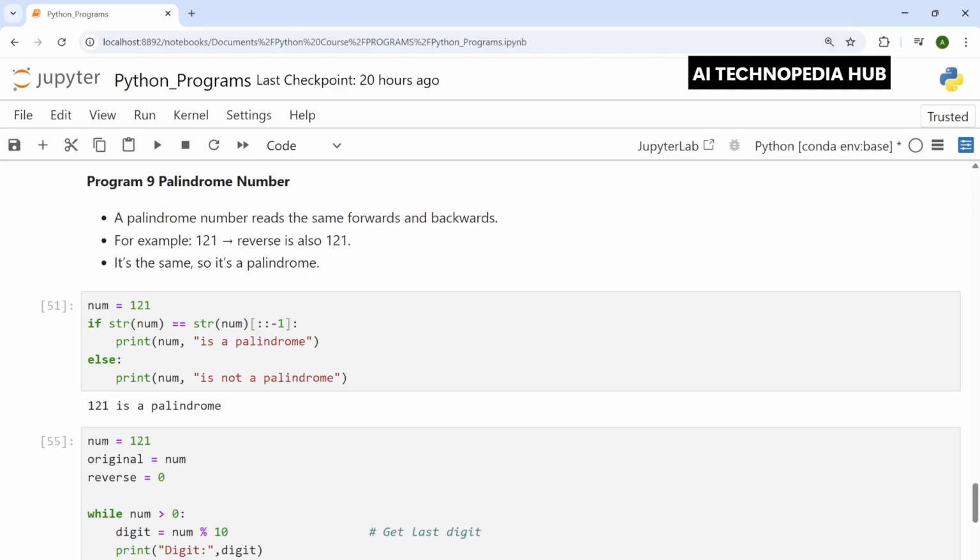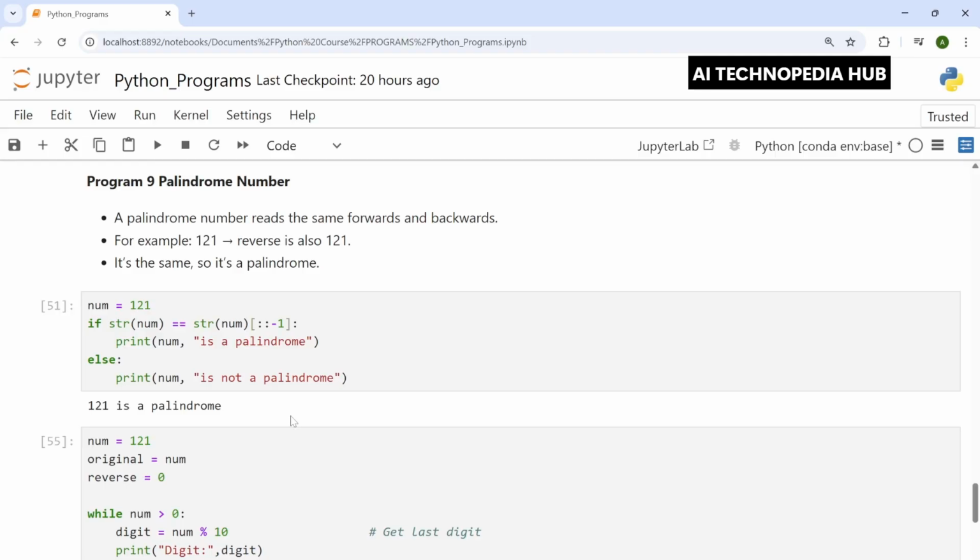So if str(num) is equal to str(num)[::-1], that is from the last index to the first, this is the reversed string and this is the original string. If it matches, then we'll say it is a palindrome, else we'll say that num is not a palindrome.